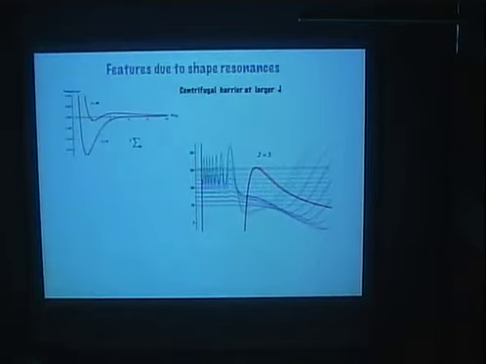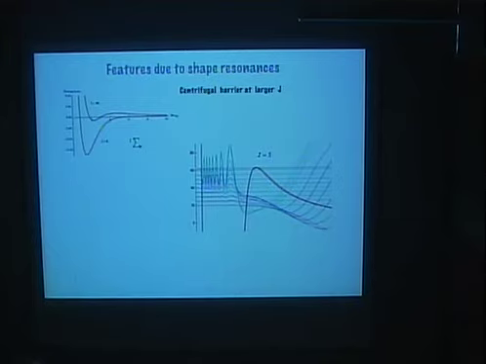Here's an illustration of why we have these shape resonances. If you look at the original Born-Oppenheimer state, which is given by the lower curve over here, the singlet sigma g curve, then if you look at two colliding atoms at a given particular relative angular momentum, that extra centrifugal barrier will provide more energy and basically will lift this potential surface up to this effective type of potential curve given over here. You see a small bump in that surface over here, which is magnified in this diagram.